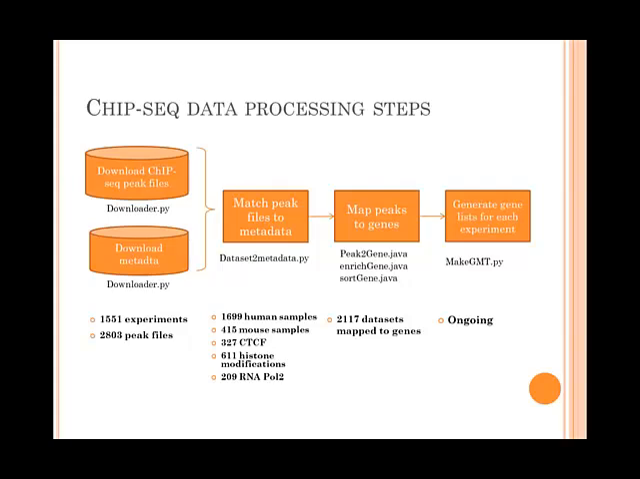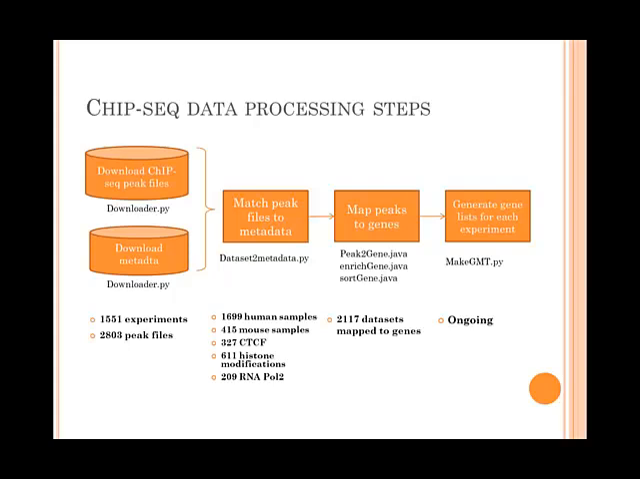So here is an example of what I've done with the ChIP-seq data from ENCODE. There are a few steps. First, I download the ChIP-seq peak files and also the metadata. The raw data for ChIP-seq are just the FASTQ files, and then you map these reads to the reference genome and then identify the significant peaks. So I download the peak files and also match each peak file to their metadata. Now I know the cell types and the